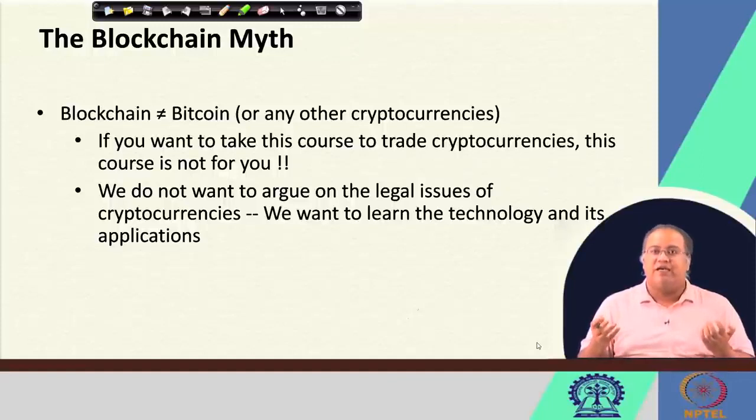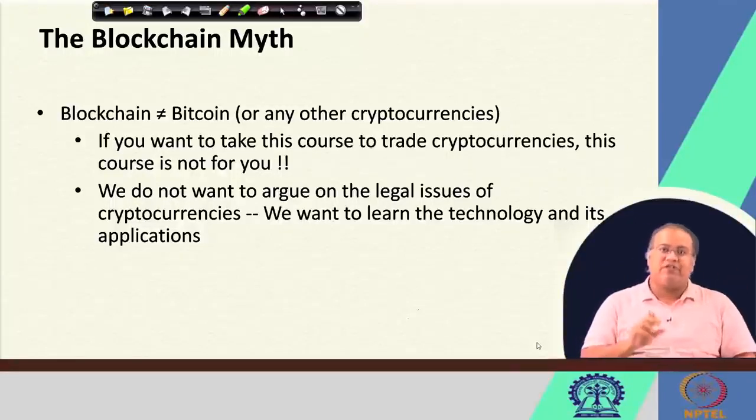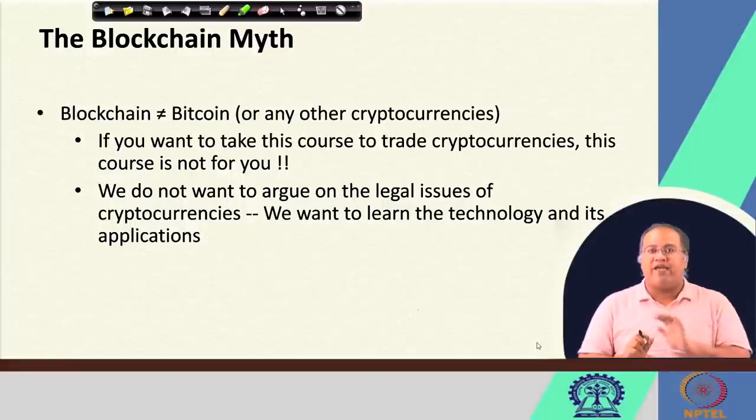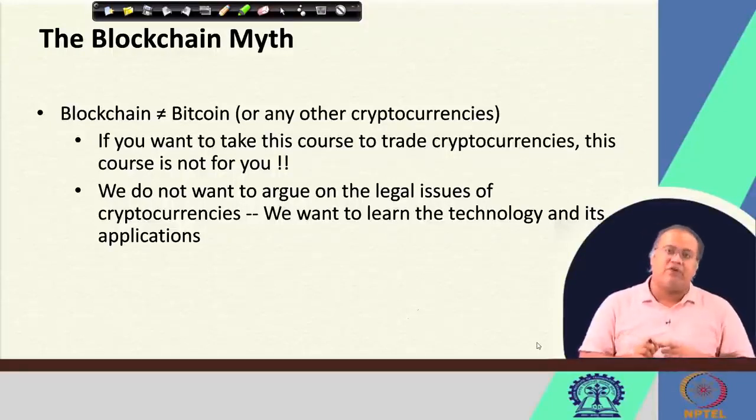You can make it similar to this: the cryptocurrency or Bitcoin is a particular electrical equipment, and blockchain is the electricity which is powering the equipment. So, if you just want to have a debate about one of the equipment, that does not mean that you need to also have a debate on the technology which is providing energy or power to that particular application. Indeed there are multiple different applications or numerous other applications around blockchain